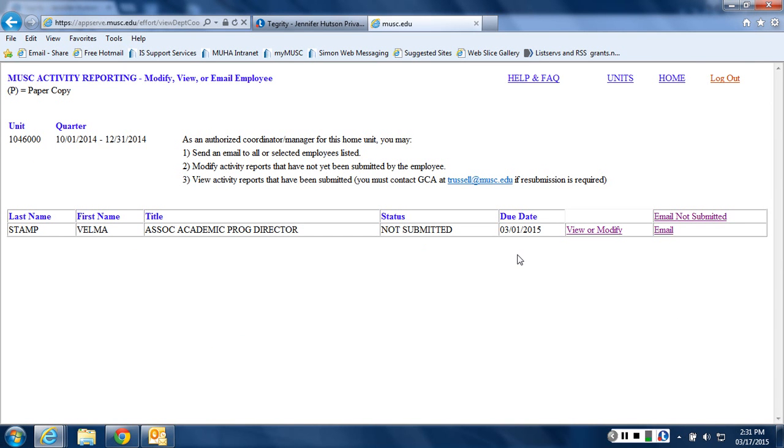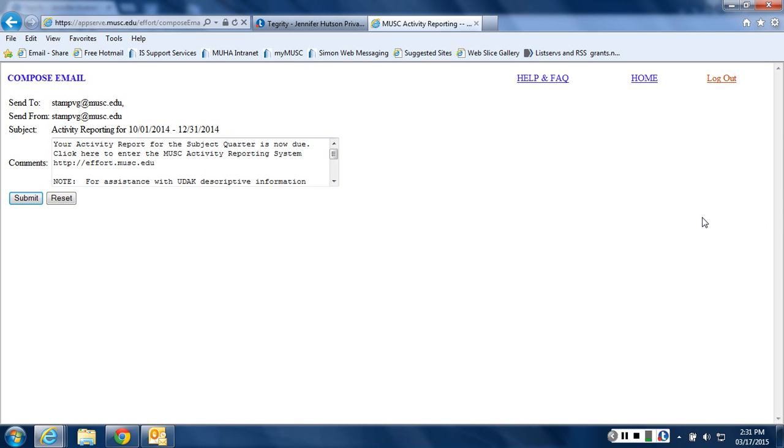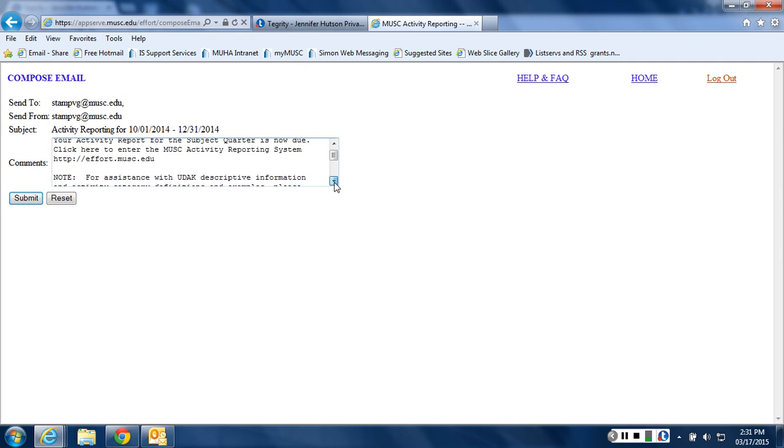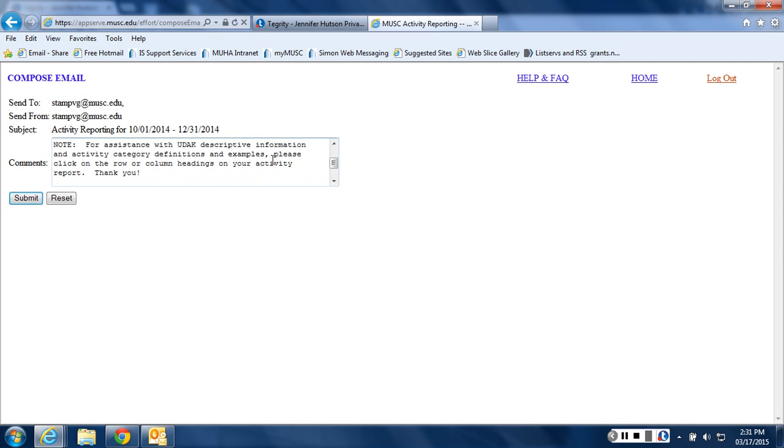You have some emailing options within this menu as well. The first email option, titled Email Not Submitted, allows you to generate a generic message to all individuals who have not submitted their effort reports. Although this message is generic, you do have the option to customize it as need be. Once you submit this generic message,